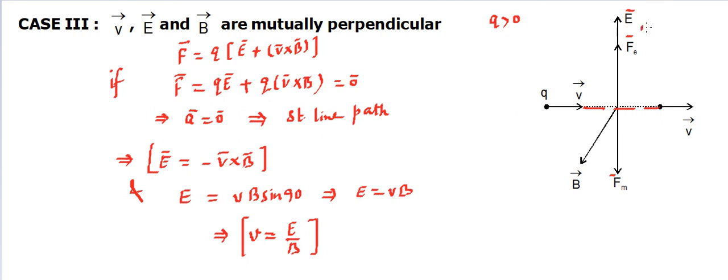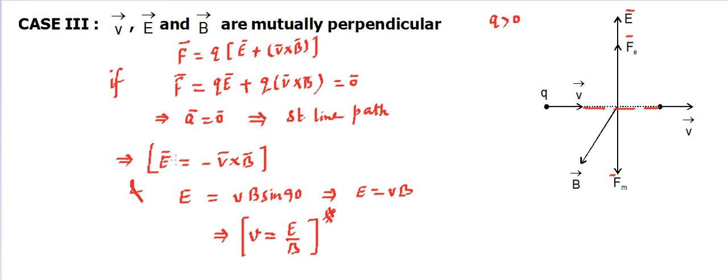So in these kinds of field directions, if we throw the particle with a velocity E by B, then you will find the particle will be moving in a straight line and its velocity will not change. That means it will be moving undeviated with uniform velocity. So that result becomes important. The question will be asking, find the value of speed or velocity in presence of electric field and magnetic field so that it moves undeviated. That means it must be E by B.